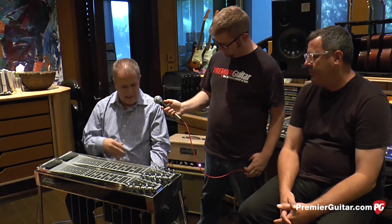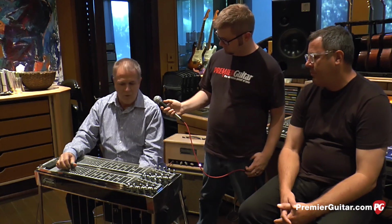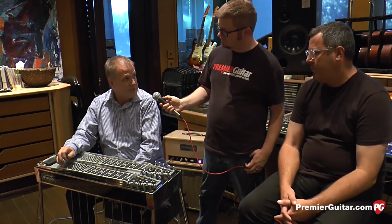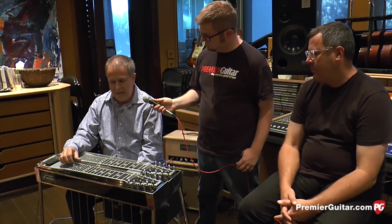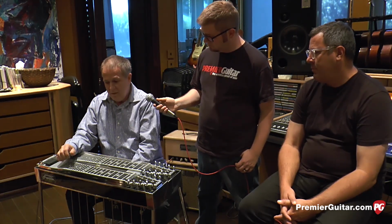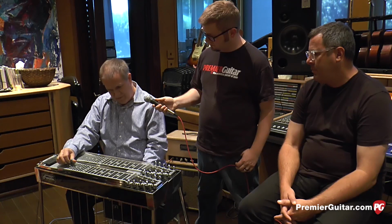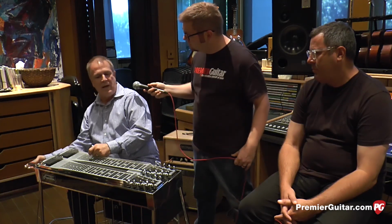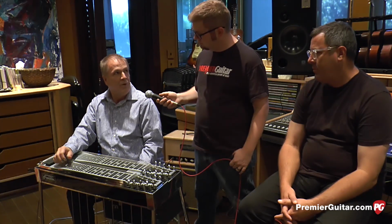Then knee levers were added, and I raise the E's to F, and then lower the major seventh of the chord to a dominant seventh, and then down to a sixth, and I also on that same lever drop the dominant seventh that's in the bottom, so I can make like a minor seventh or a sixth, however you view that. And then I have an up lever that's out of tune, which I will tune it really quick. Now this is my own thing. It raises the 6th string up a tone and a half,